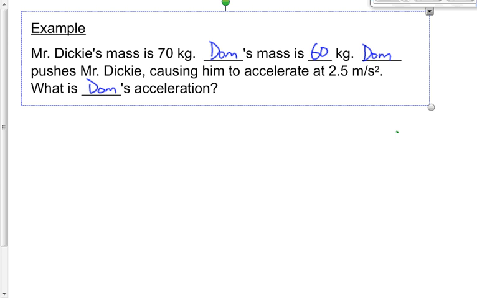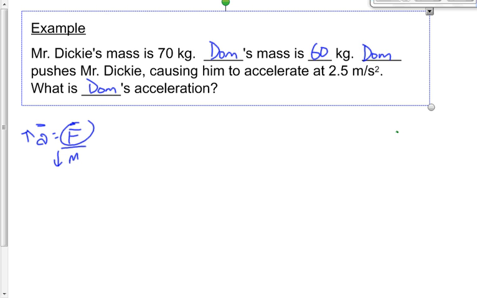What's Dom's acceleration? Hey, let's make a prediction before we actually solve this. Do you think Dom's acceleration is going to be more than mine or less than mine? Higher or smaller value? Why do you think it's going to be more? Ben? Good, good. We can look at that on 2 levels. In the end, A is equal to F over M. The force is the same. If the mass goes down, and Dom's mass is less than mine, then the acceleration